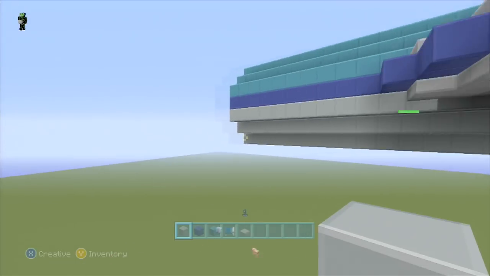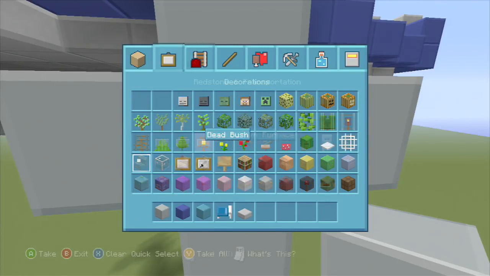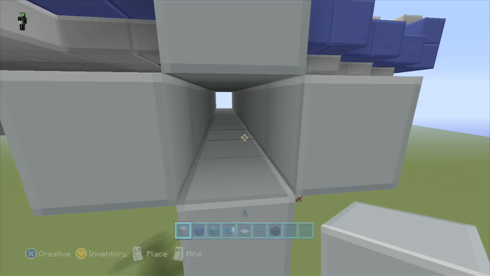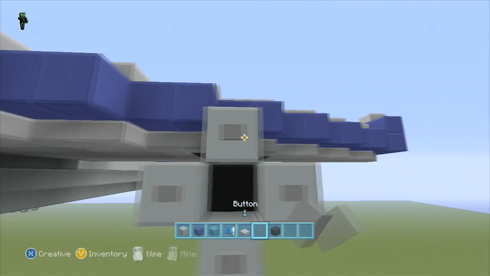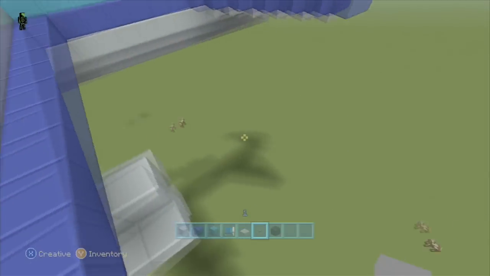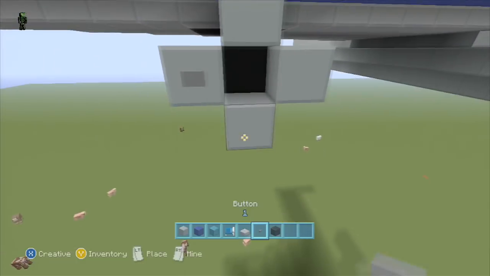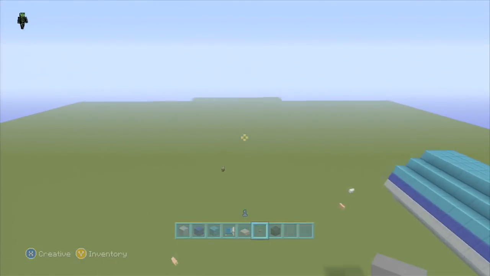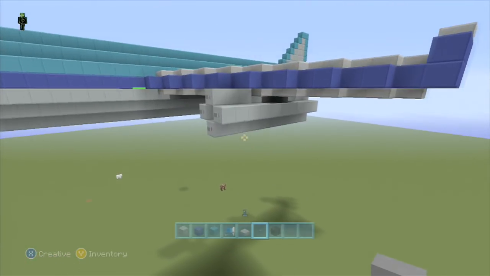And on this one, I like to put in a front here. You can just, for some detail, get some buttons and then get some black wool. Obviously, the front of the plane, the intake there, and you can do the same on the back. There you go. Now you've got a little plane to keep it upright in the sky. So that's what you should be looking like at this point.